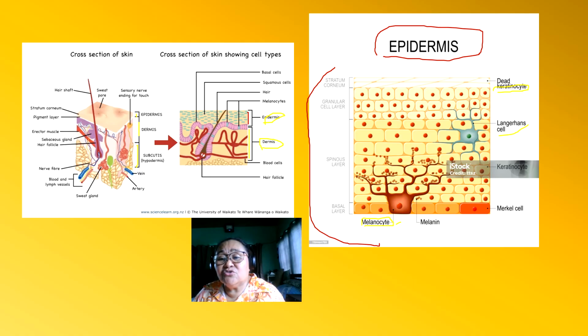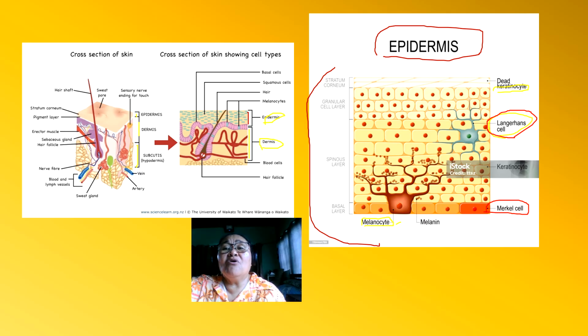We also have the Langerhans cells, which help the immune system to recognize harmful microorganisms. And then we have the Merkel cells, which are involved in the sensation of light touch. Most skin cancers begin